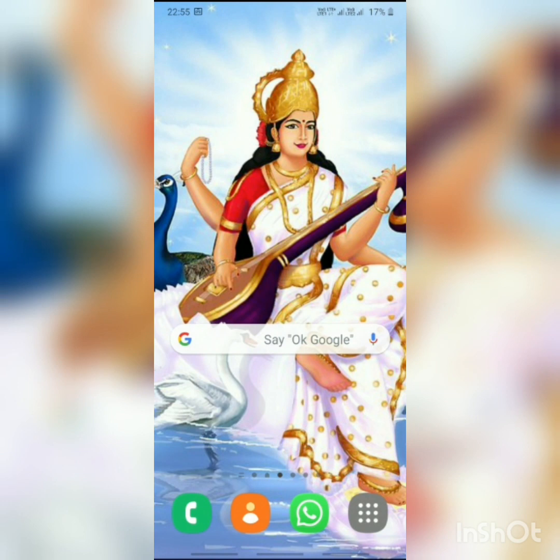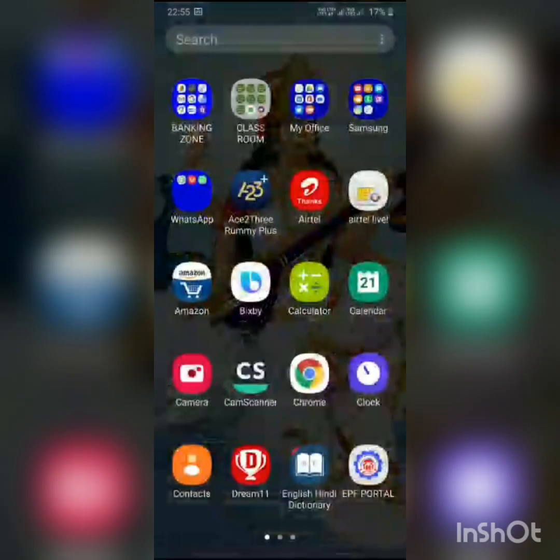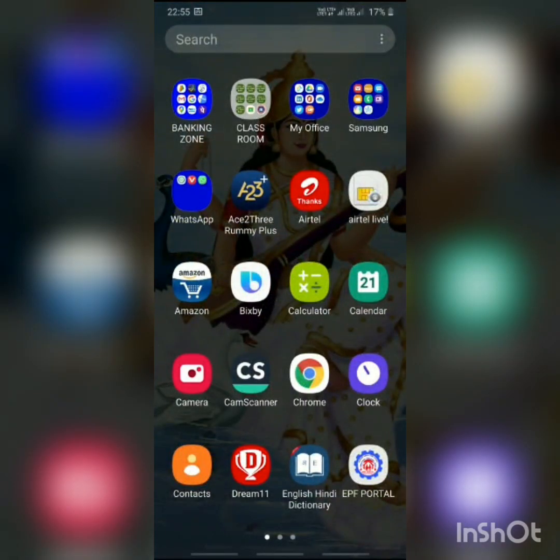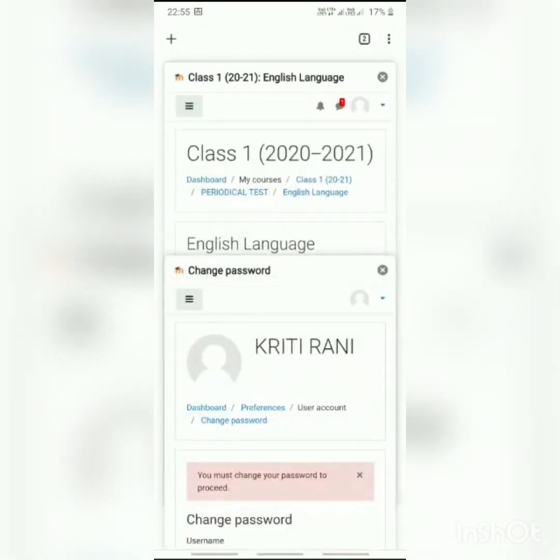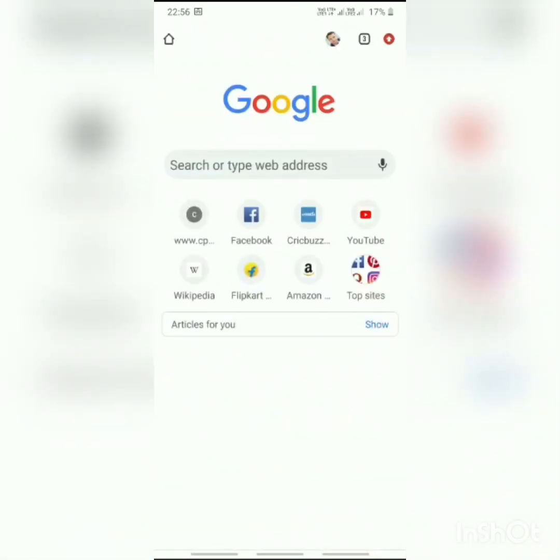So students, starting with that, first you have to see where Google Chrome is in your mobile. First you have to go through Google Chrome, on mobile or laptop or wherever you will connect yourself. In my mobile you can see, down in the next line, the third one is my Google Chrome. So this one I will click. As I click Google Chrome, now this kind of screen will appear. This is the screen, and a search or type web address bar is given.